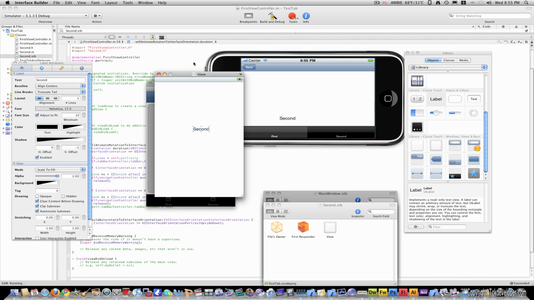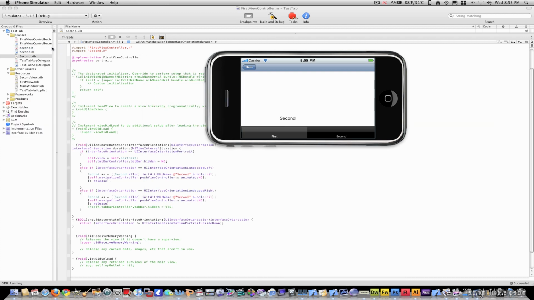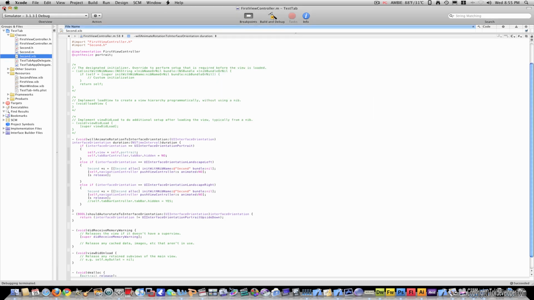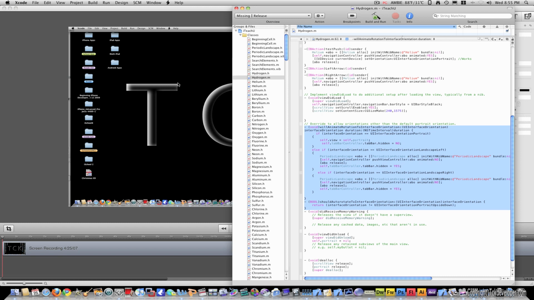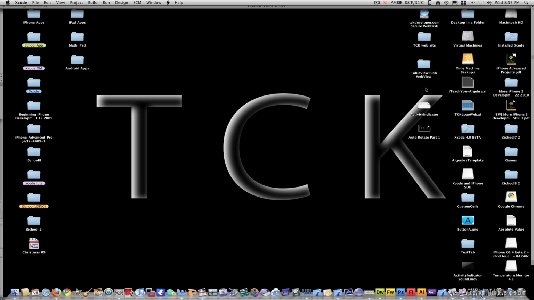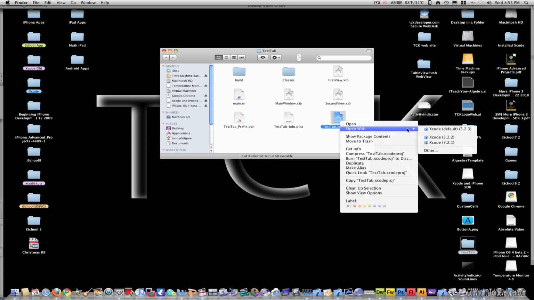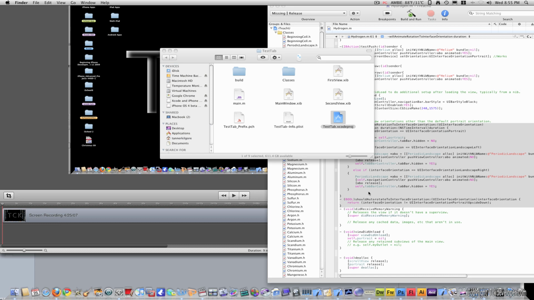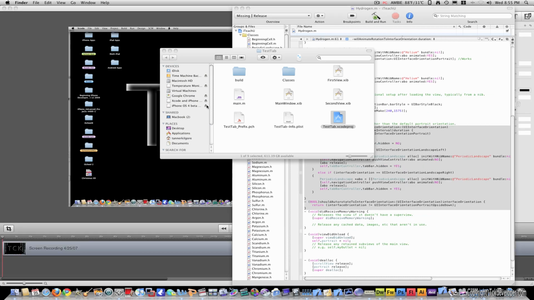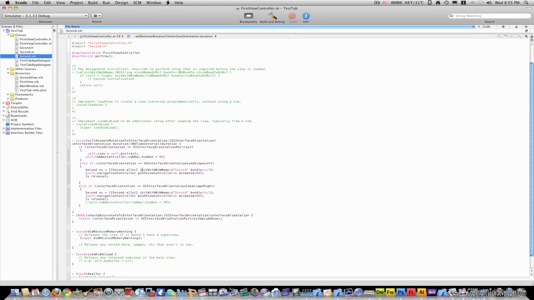I'm using an older version of Xcode than this, so I'm just going to quit this version of Xcode, and I'm going to go to my desktop like so, and I'm going to go to Test tab, which is what this is. Click that, and I'm going to open it up in the newest version of Xcode, which runs 4.0. This is available for download on Apple's site. You see it loads up everything just fine,